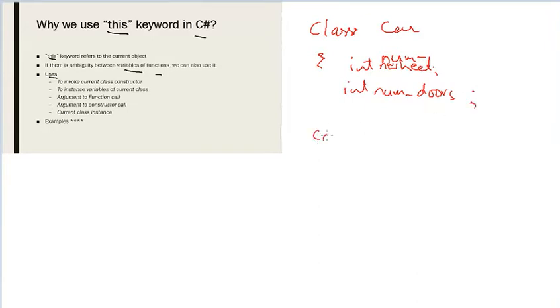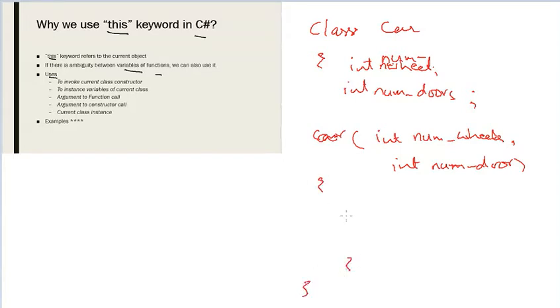And then you have a constructor of this class, which is Car. It also takes int num_wheels and int num_doors as arguments. And then, of course, if you write here num_